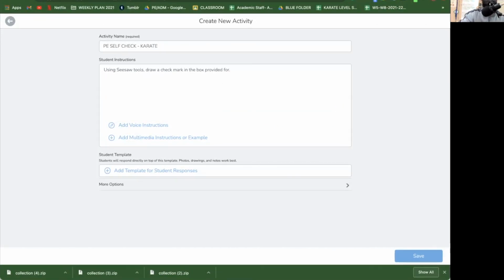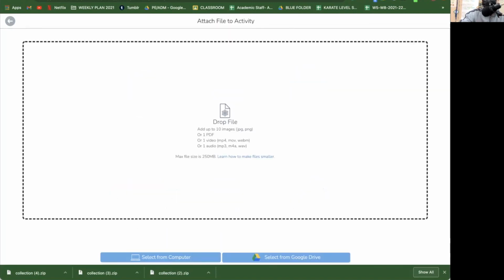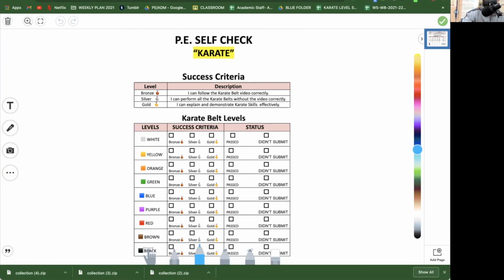In here, add multimedia instruction, for example. I would like to upload one and do one for them to see how it will be done. So upload it. Yeah, you can select any color of your pen.